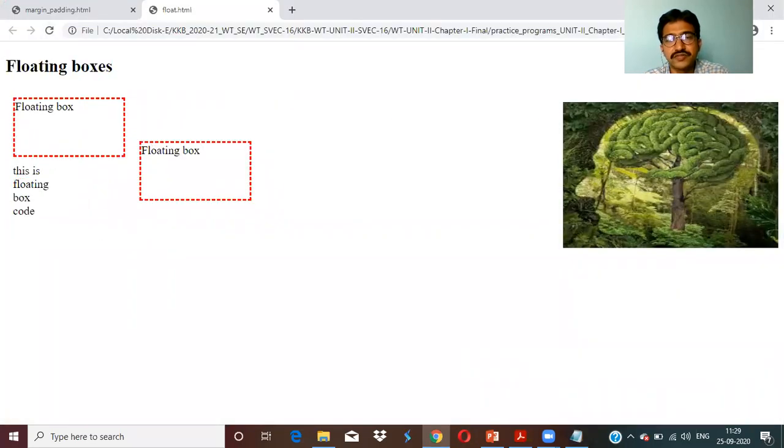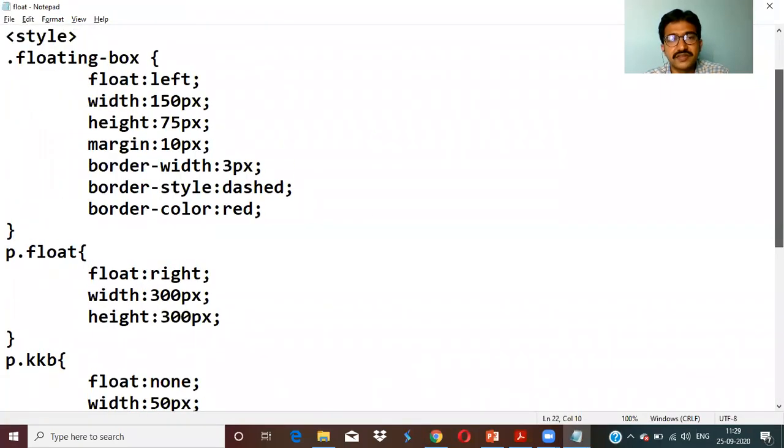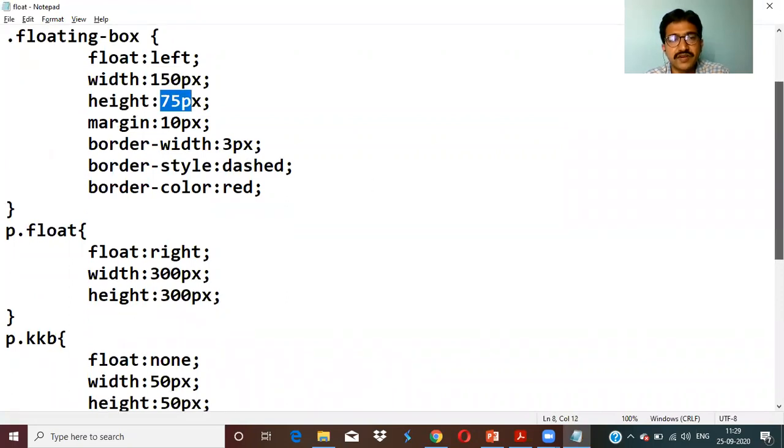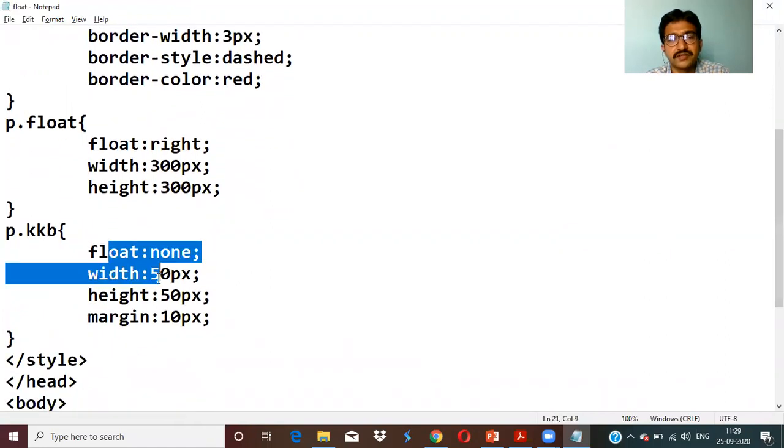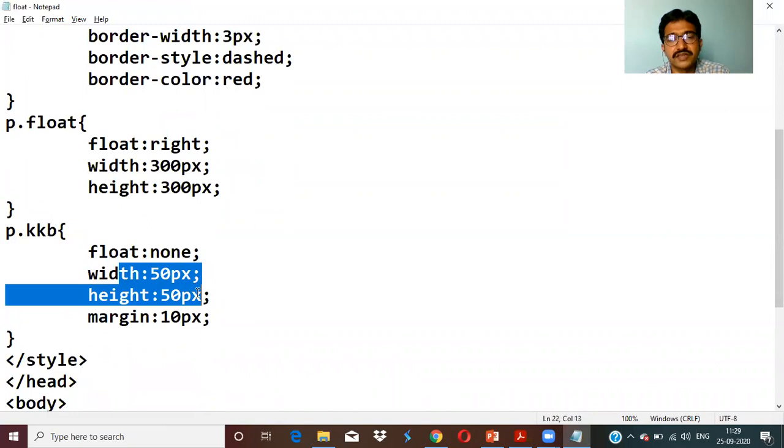Okay, so the previous floating box starts with a width of 150 and a height of 75. Now you need to give less than that for this one, so that it will not overlap this KKB as well. KKB class width and height.